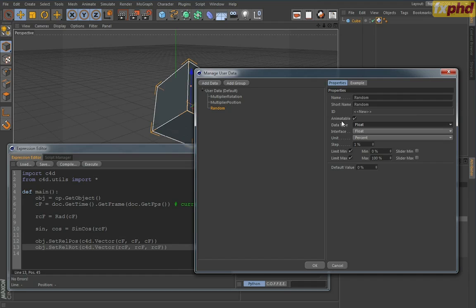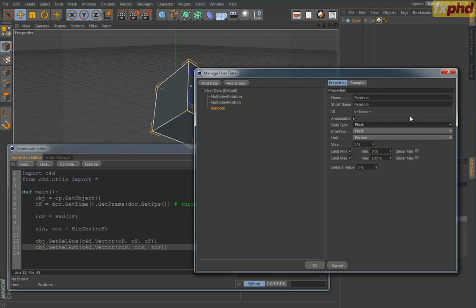So if the seed is the same, your random number is always going to be the same as well. Which is great for things like if you were to send something to a render farm, you don't want your scripts to result in different random numbers on every machine, because then you get flickering and stuff moving all over the place. You want it to be the same random number everywhere,